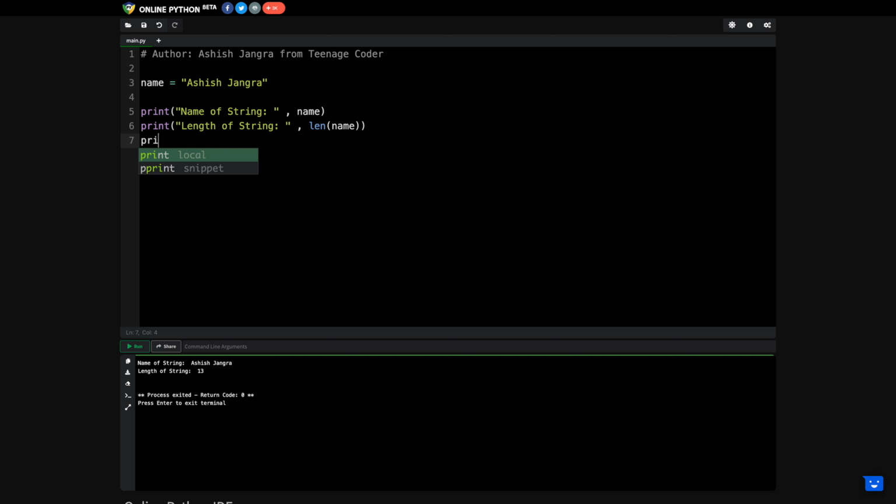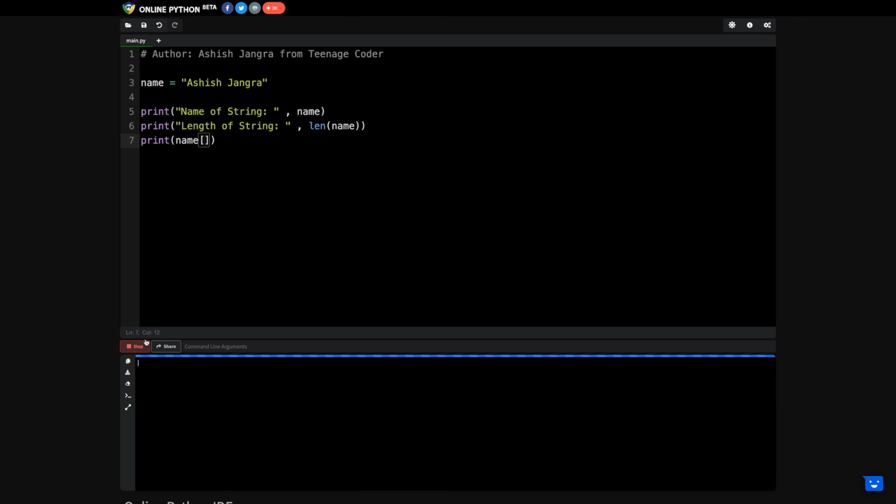Now to know about the first element of this particular string, this is the string. How to find the first element, right? To find the first element, I will use something called indexing, right? I will write my name here, and inside that name I will open a bracket and close a bracket, right? Just opening a bracket, closing a bracket. And now if you execute it, you are getting invalid syntax, because here I need to initialize a few parameters as well. Clear? So what are those parameters? If I write here 0, just 0, and run it,